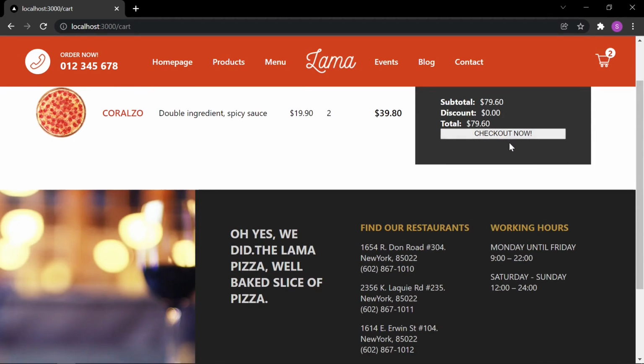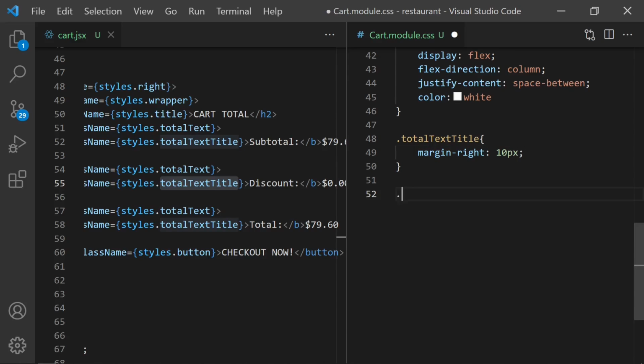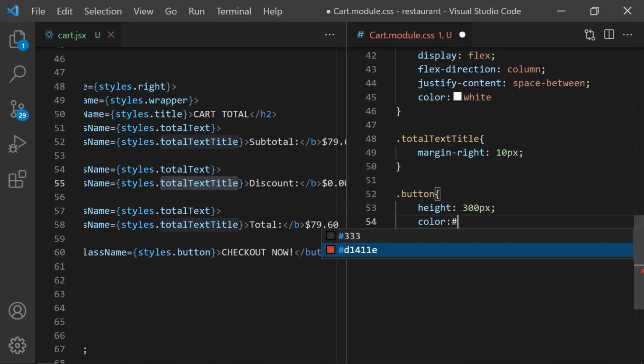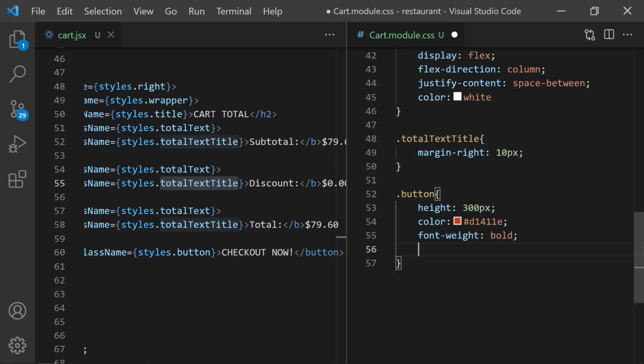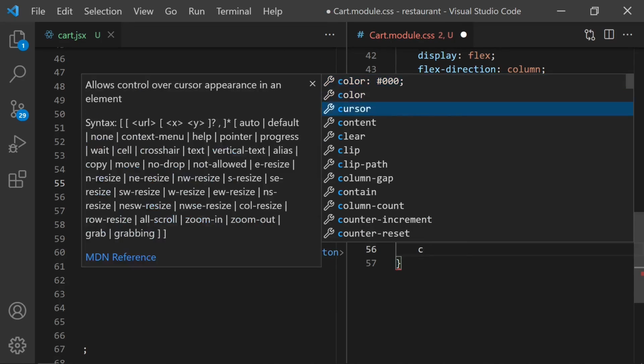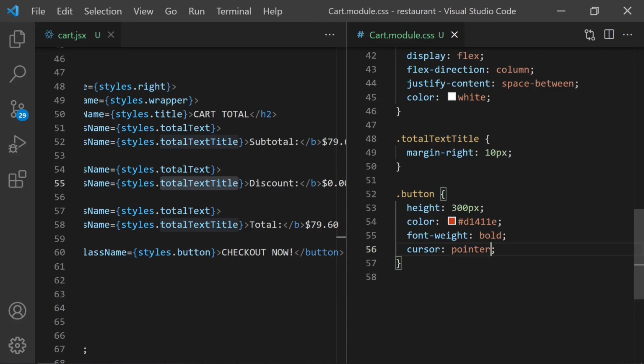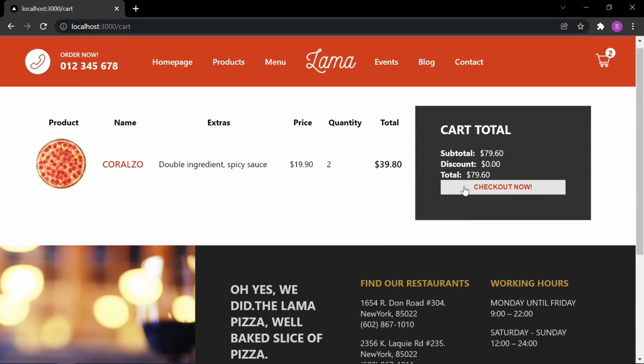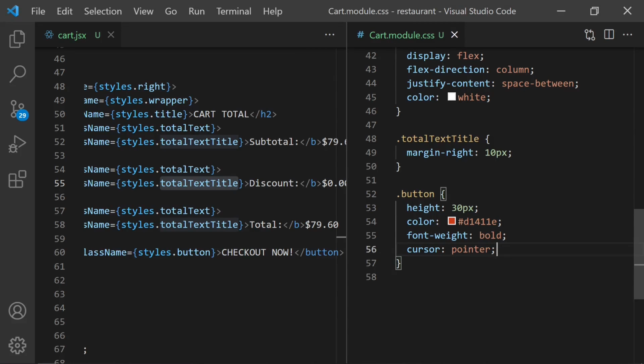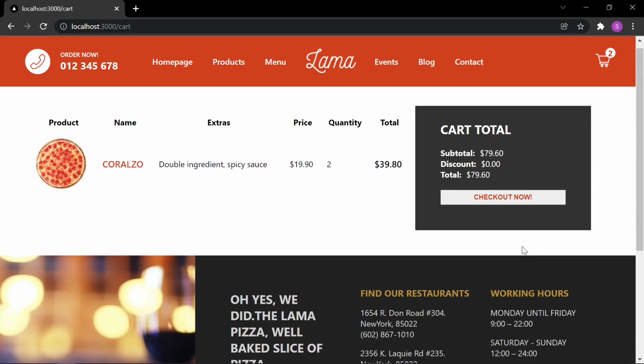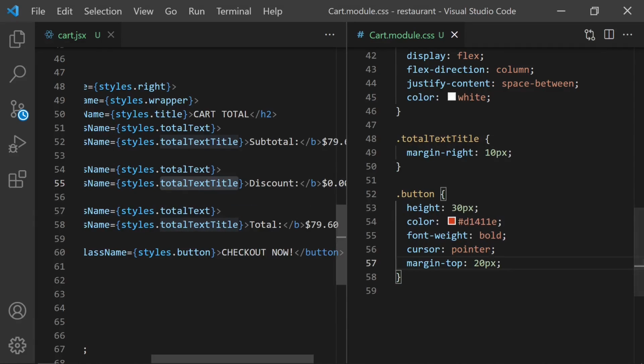Perfect. So finally this button, height 30, color will be orange, font weight bold, and cursor pointer. Right now I set 300, and I can give maybe some margin here, margin top 20. Okay, perfect. So if I write here